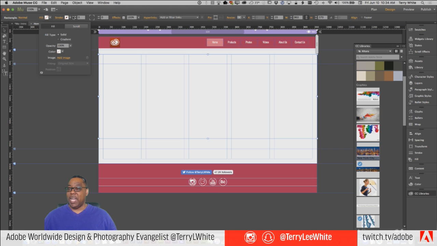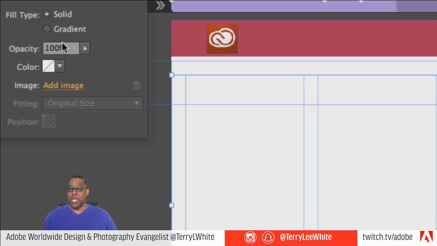But anyway, I've got everything else going here, and when I click the link, I get all the other options. So I get the ability to fill this with a solid color, fill it with a gradient, change the opacity, change the color, which will be the same colors I get from that pop-up, and more importantly, the ability to add an image.